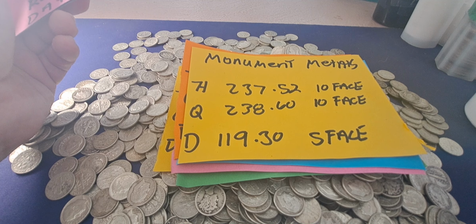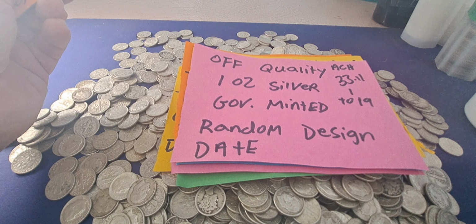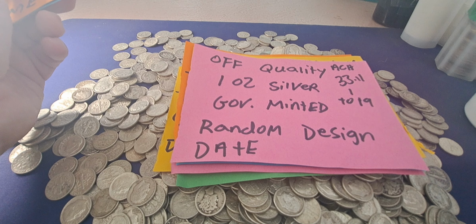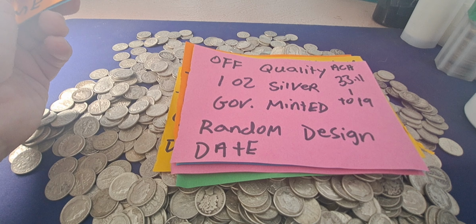They did have 5 Buffalo rounds at spot, but also they had off quality 1 ounce government minted random design. So that means any government issued coin. It could be any date. Off quality means they could be chipped. They could be milk spotted. They could be scratched up. They had them for ACH price